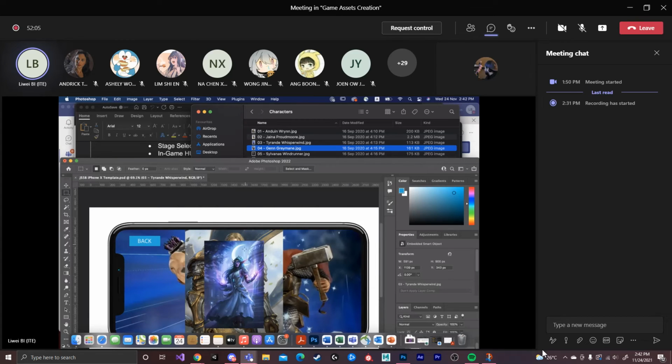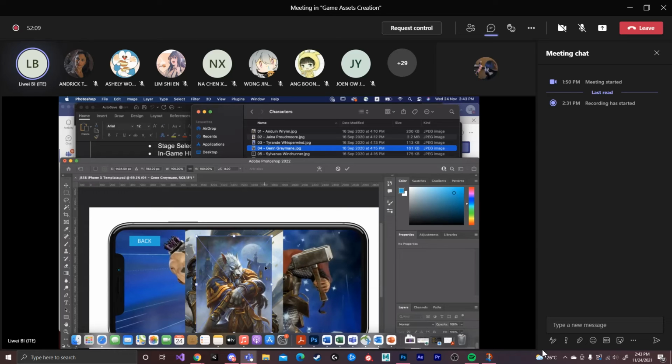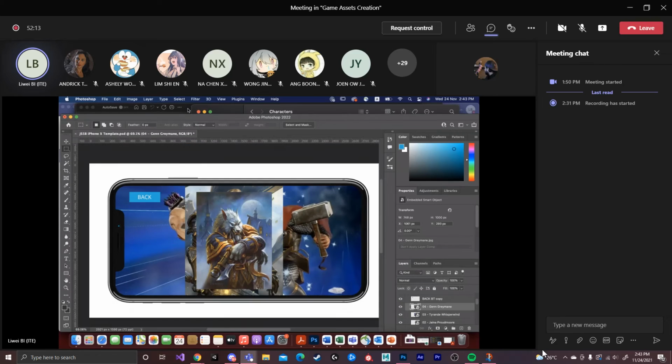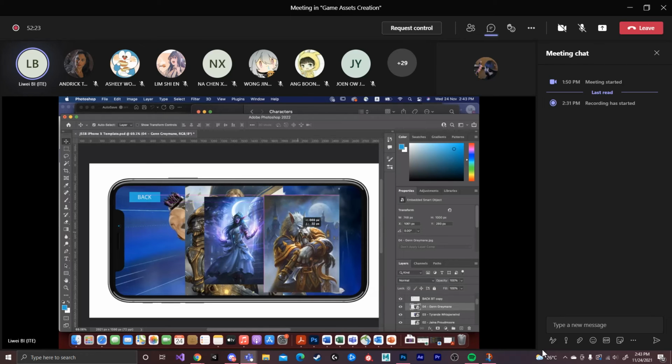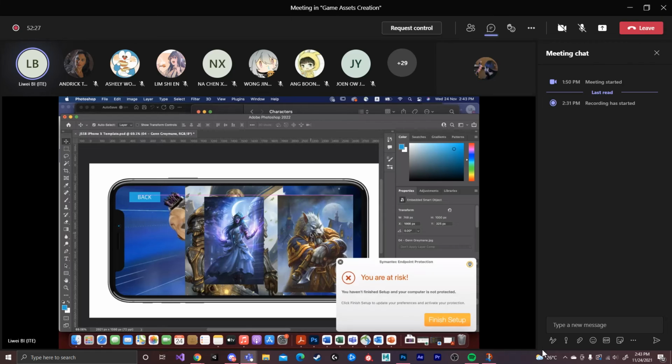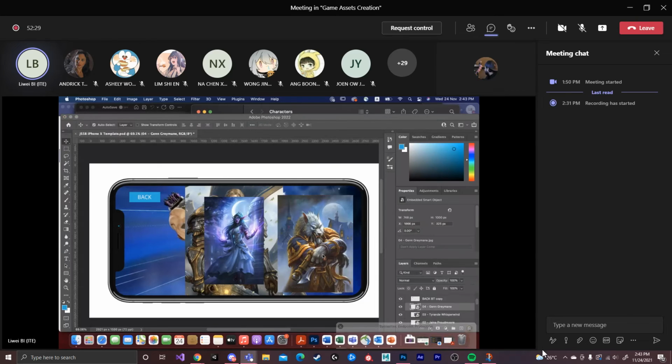Oh yeah. Enter. Okay, I don't do so many. After that, you're back to the move cursor, and then you can drag this one, right? Drag this one. How to adjust the size, and you can do it one by one. And then right click this one, and then Control T,